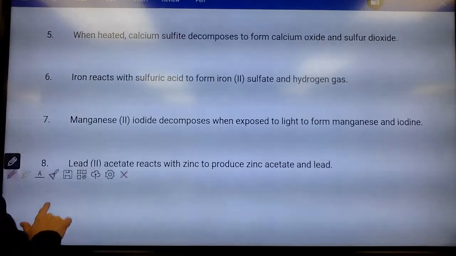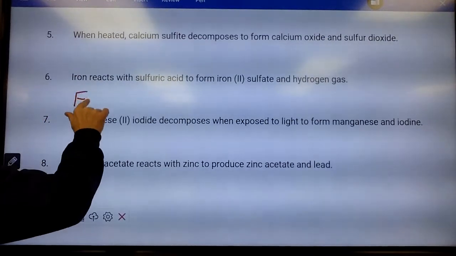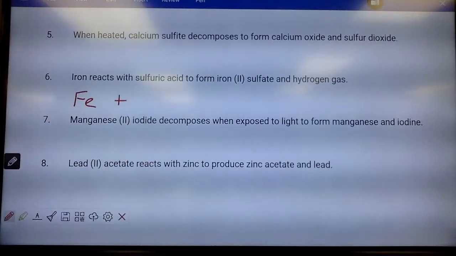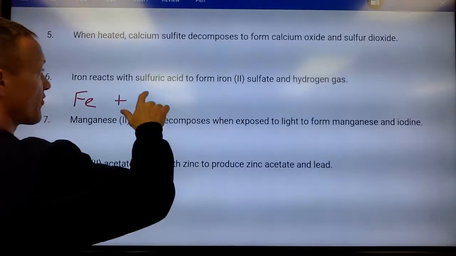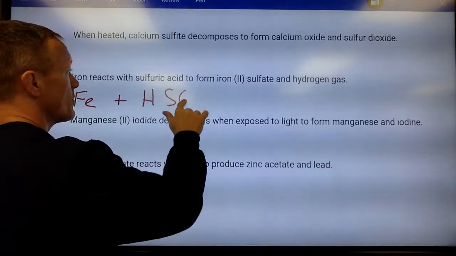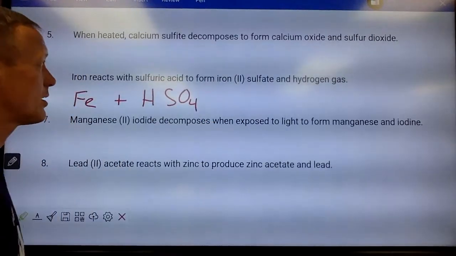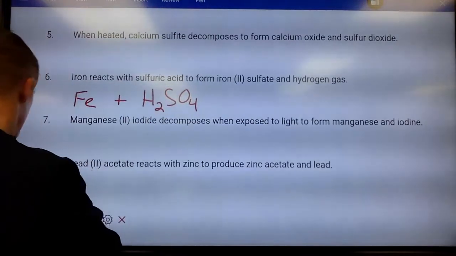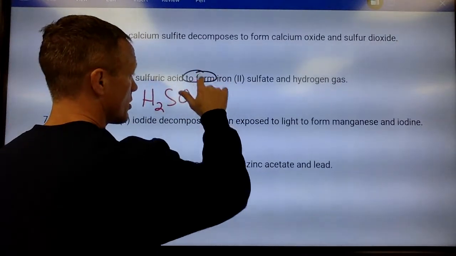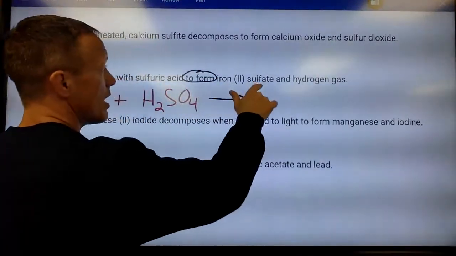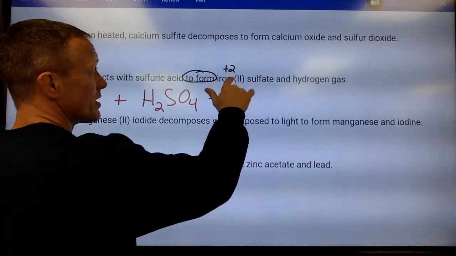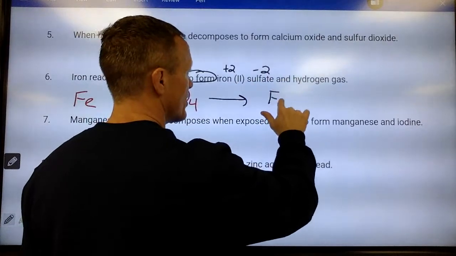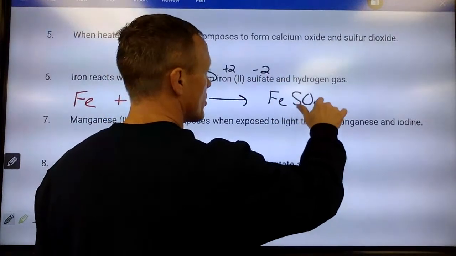Iron by itself, so that's just Fe. Reacts with, so that's plus. Sulfuric acid, I do not give you acids very much, so don't be too concerned about them. But sulfuric is hydrogen with the sulfate ion, which is a +1 and a -2 charge, so H2SO4. To form, that's my arrow. Iron(II) sulfate, so iron's a +2 because of the Roman numeral, and sulfate's a -2. So Fe is iron, SO4,